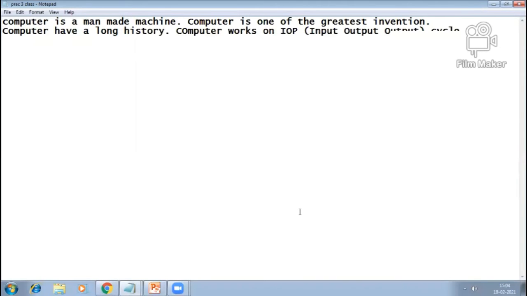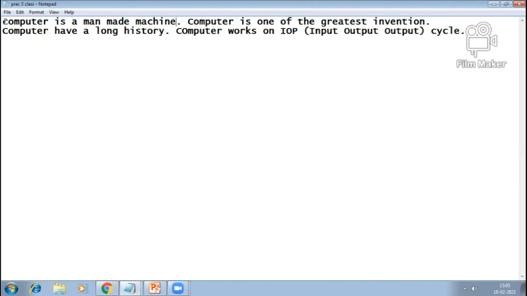This is the matter which I have written for you. So let's quickly revise these three commands: cut, copy, and paste. First, we have to select the matter which we want to cut from its original location. Just suppose I want this text. So first I have to select it.